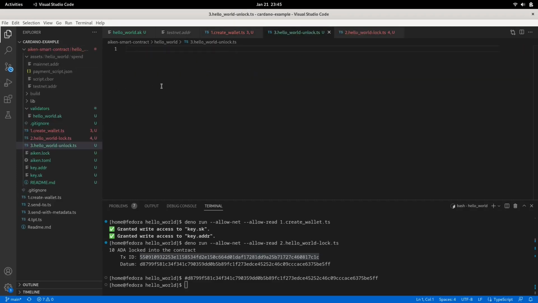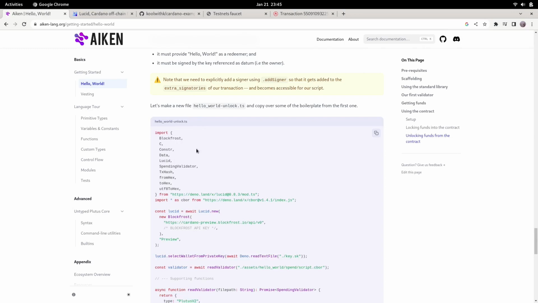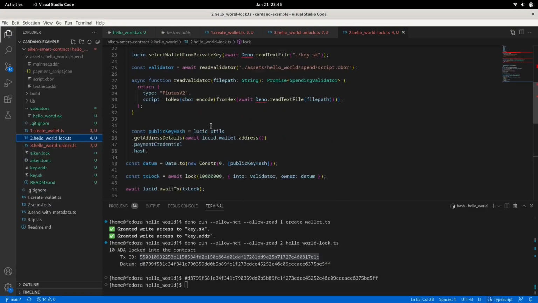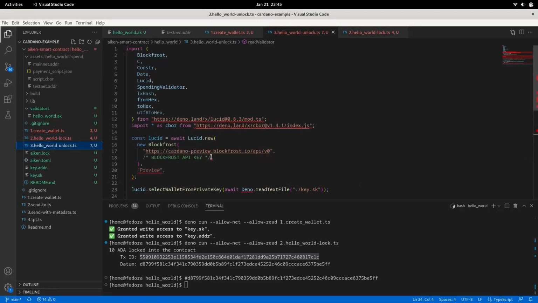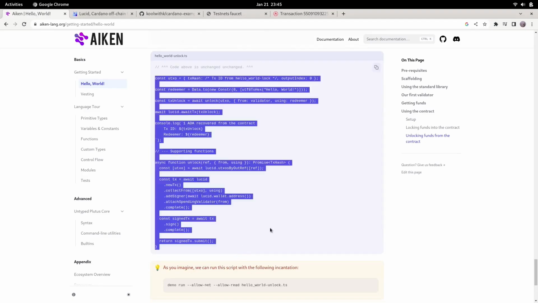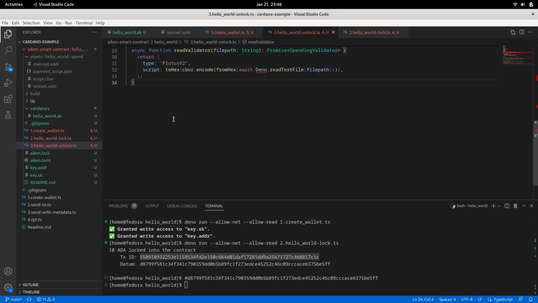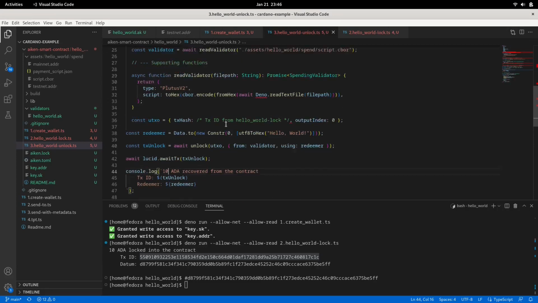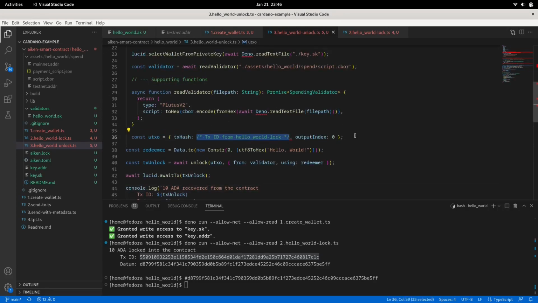Now we will create an unlock file, and we will copy paste all the required code, and we will replace the Blockfrost key. You will need to use your key. This is just for the demo. I will delete the key after the demo, and we will unlock 10 ADA, and we will replace the transaction hash with the transaction hash that we have submitted earlier,